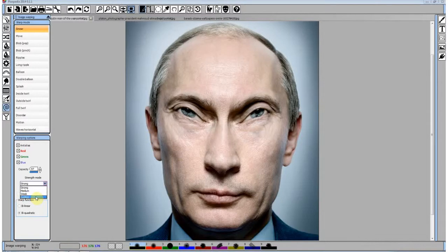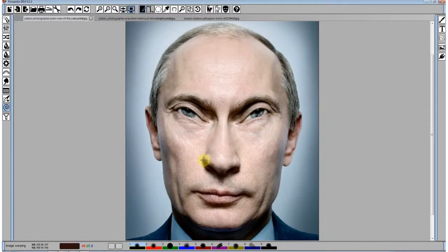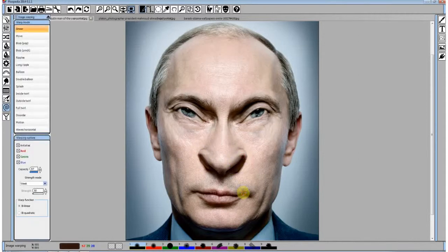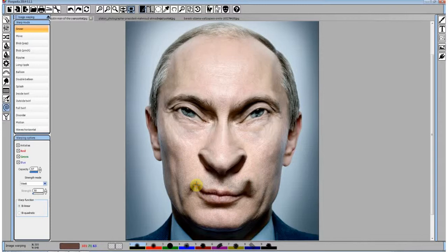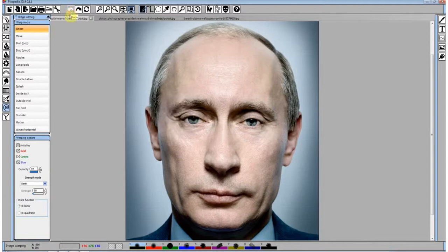If we put weak, we get a small area to move, to distort. You have to choose yourself which strength value is suitable for your caricatures.